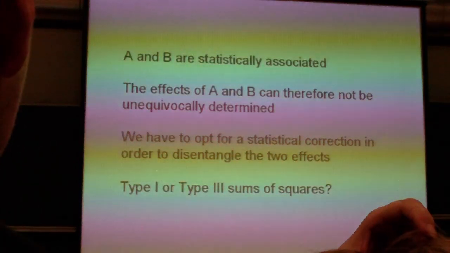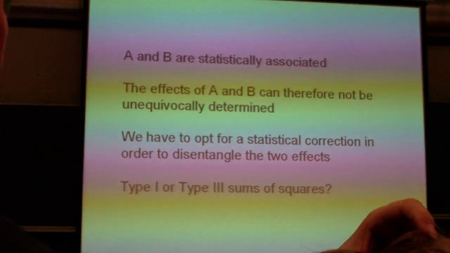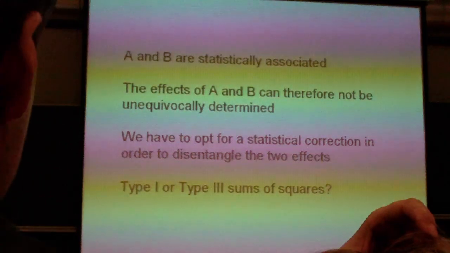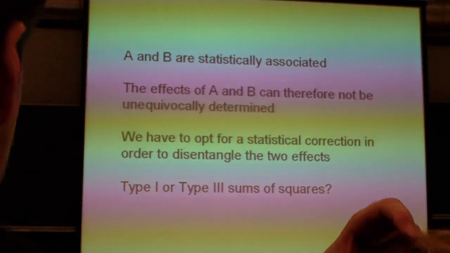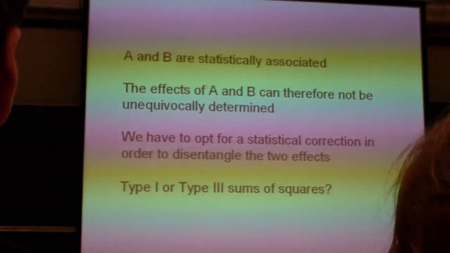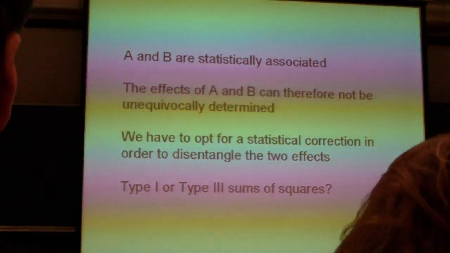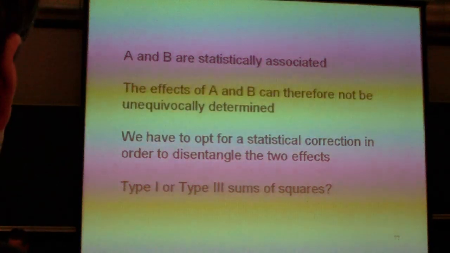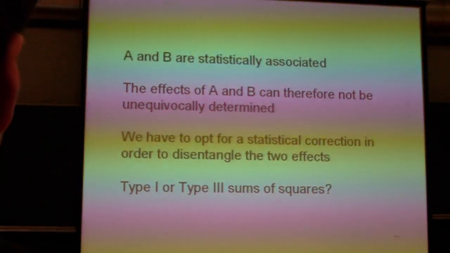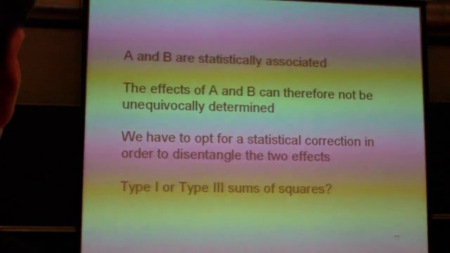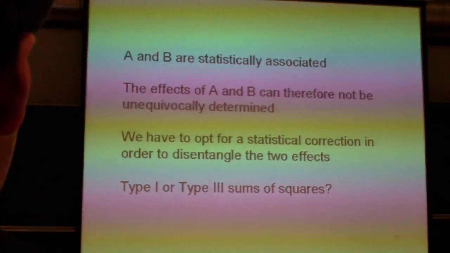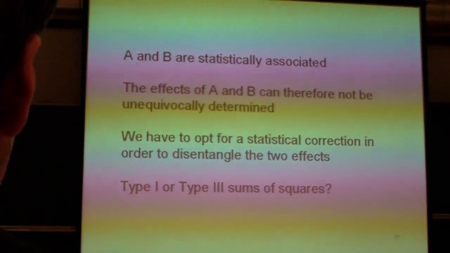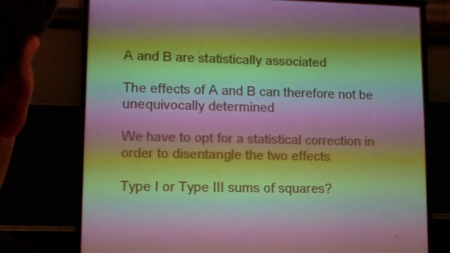A and B are statistically associated. The effects of A and B can therefore not be unequivocally determined. We have to opt for a statistical correction in order to disentangle two effects. Because they are statistically dependent, they tend to become entangled, and we have to do something to make that undone. And that means that we have to opt for a particular computation of the variations, or the sums of squares,